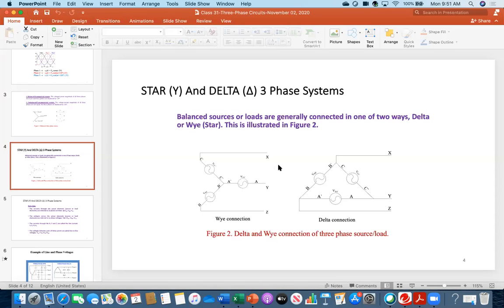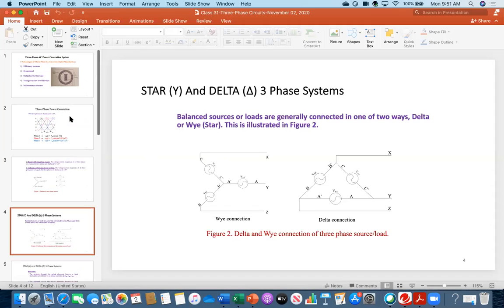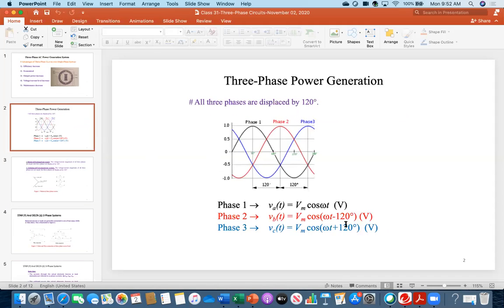That thing we will be learning today. It will not be 240 volt. It will be a different voltage. Can you guess why it is not 240? What is the problem? They're not in phase. Can you see the phase difference, everybody? Therefore, if you add this one, this does not mean that you will get 2 VM, because there is a phase angle. Same thing, if you add this too, this does not mean that you will get 2 VM, because there is phase difference.